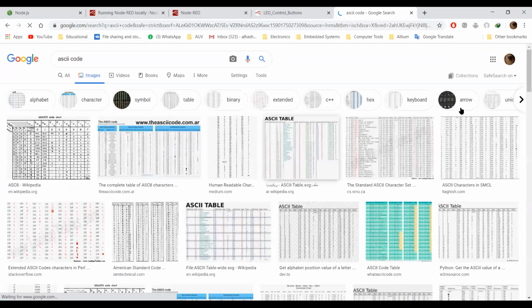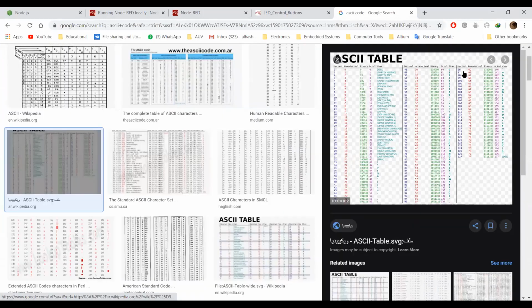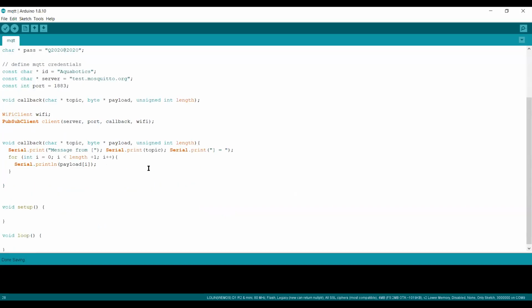Okay, so if you can see in this side, if you look for the character F, its corresponding ASCII code in decimal is going to be 102. And for true, the first letter is T, and this is corresponding to 116. This is the information being read from. Let me go back to the code again. Okay, so now we know that 102 is going to be for false, and